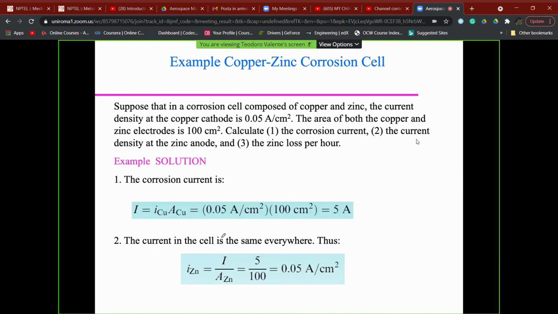I prepared other examples for you too, but since this example is going to introduce a very important corrosion form that we have mentioned and which cannot be neglected by an expert engineer, that is galvanic corrosion, I think it's better that we make this example and then we start galvanic corrosion in the next lessons. It's 3:30, so I think we have finished for today.